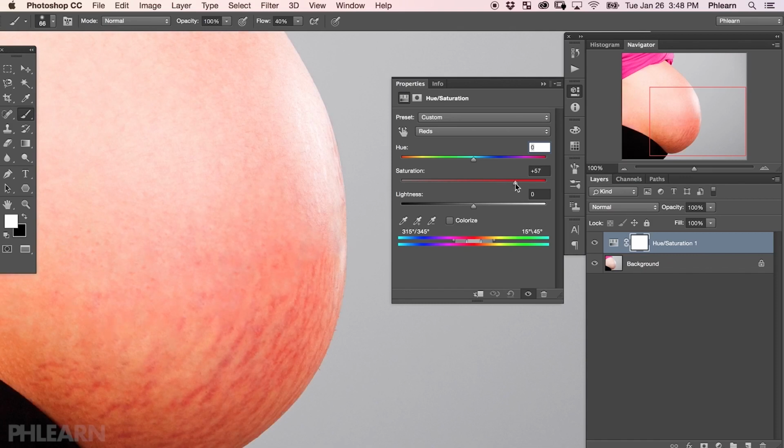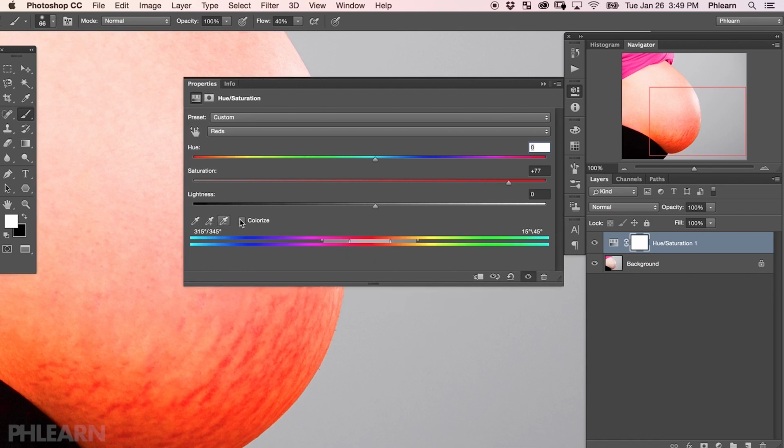First, you're gonna wanna target the area where the stretch marks actually are. Now, the stretch marks are usually a little bit of a different color than the rest of the skin. So we used a hue saturation adjustment layer to target just that color. In this example, we changed the affected color to reds, and then we brought up our saturation so I could see exactly what we're actually affecting.